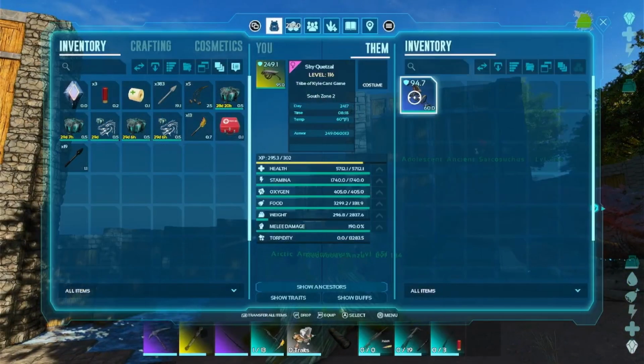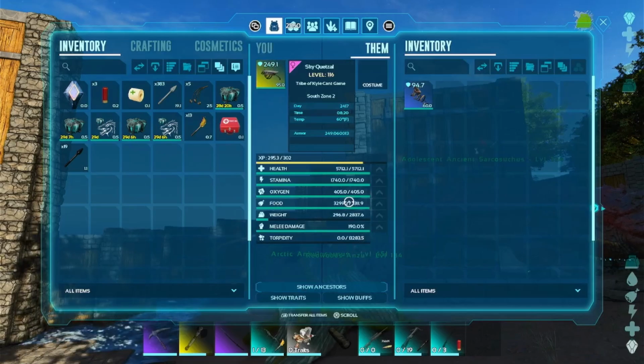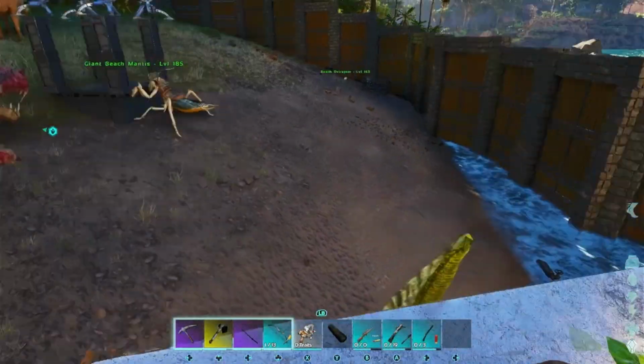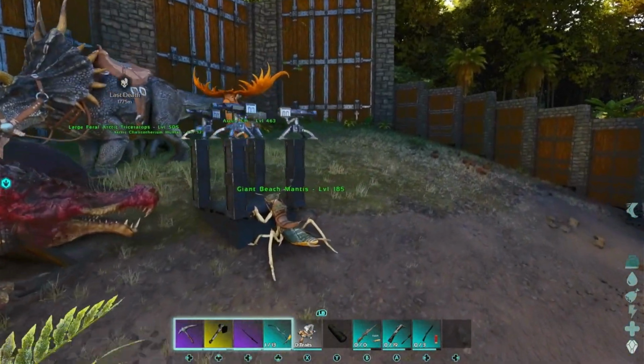So the first one, it's just a nice spur saddle. The second one was nuts. Plus 750 carry weight, plus minus 50% weight of common materials, and it's a 249 saddle. So with this guy's weight is 2,800, which is not great, but it's pretty solid for just doing metal and obsidian runs, because I'm actually finding obsidian is what I'm running out of the most frequently,